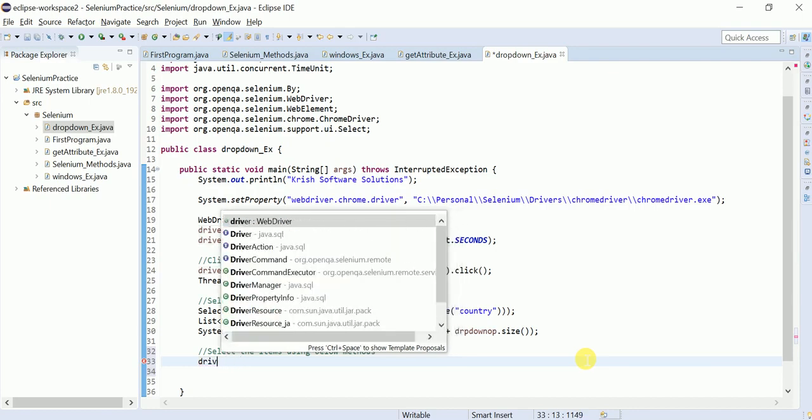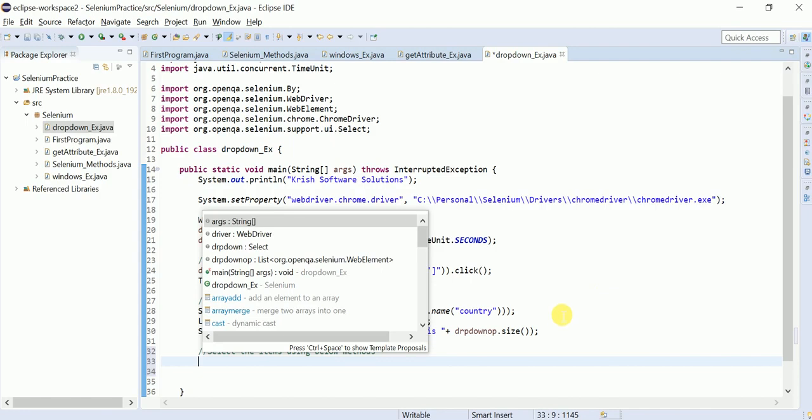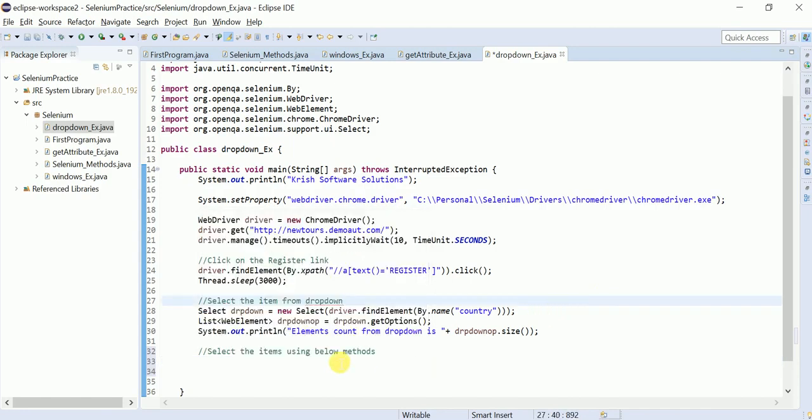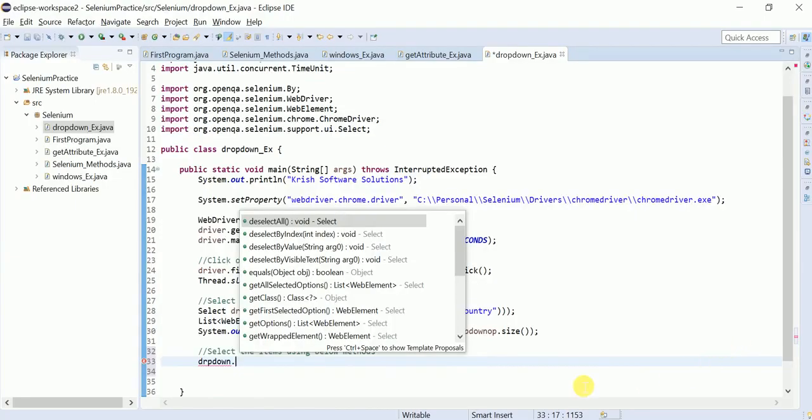Instead of this, we can take the Select class, and using the Select class object dot select, you can see these three different methods are there: selectByIndex, selectByValue, selectByVisibleText.